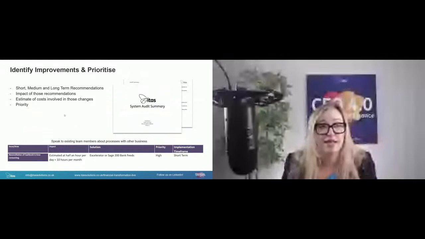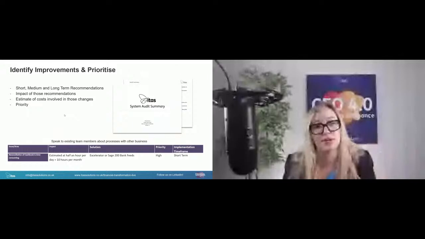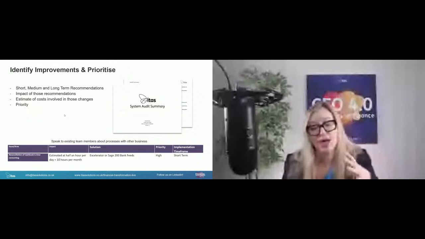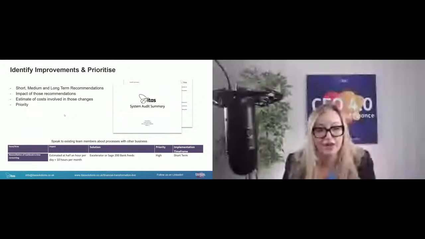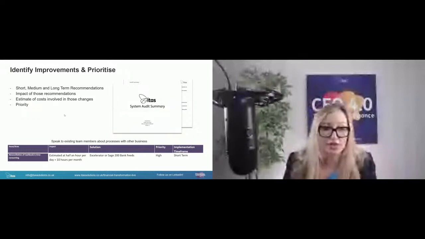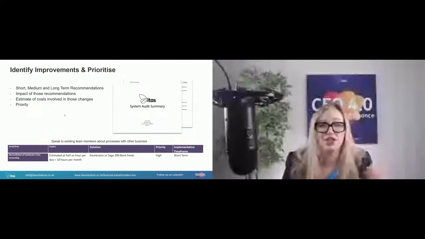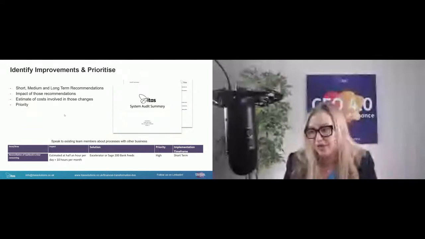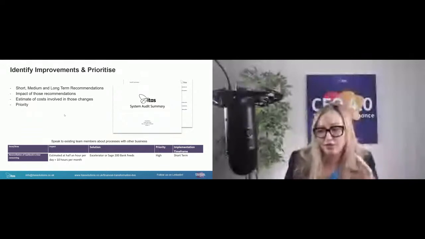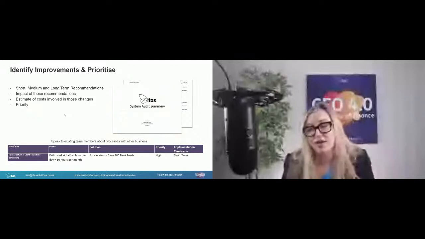So, for instance, if you are doing authorizations outside of the system, there could be the risk that something could be authorized or paid prior to it being authorized. So understanding the impact of that concern and also the impact of change is important. And then what is the solution? What is your proposed solution? That could be as generic as we need to go out and look at integrated OCR platforms or purchasing platforms. Or you could be really specific and say we just need to add this field in here. So going through and identifying, for each of the challenges and issues that you found, if there are solutions.